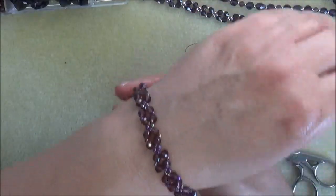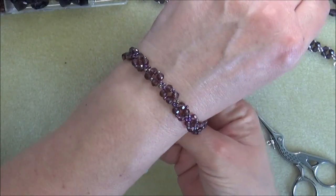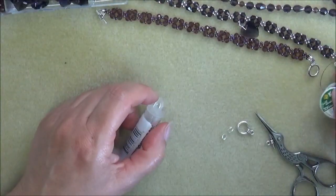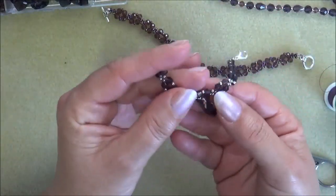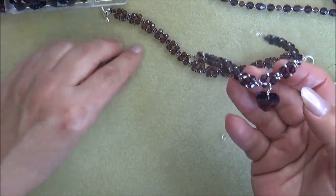If you only have fire line at hand, then by all means use your fire line. But for me today, I'm going to be using KO. Is there anything else that we will need? If we're going to add the clasp, the little charm on, then obviously you will need your little love heart